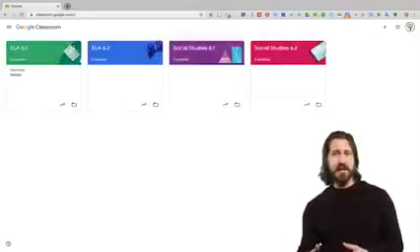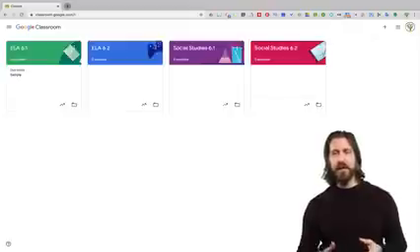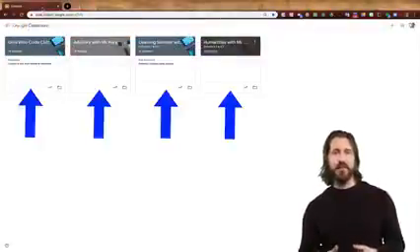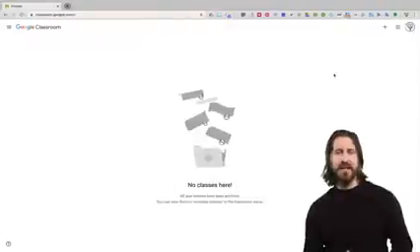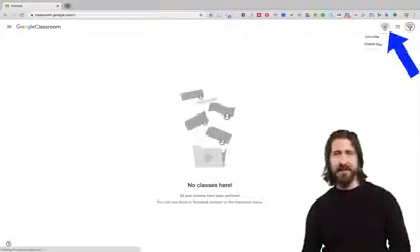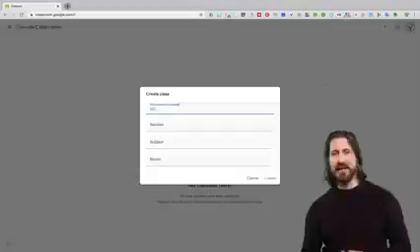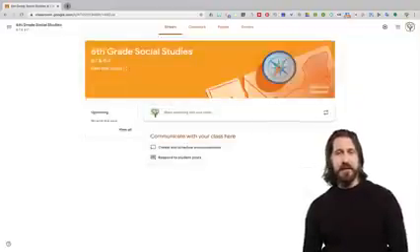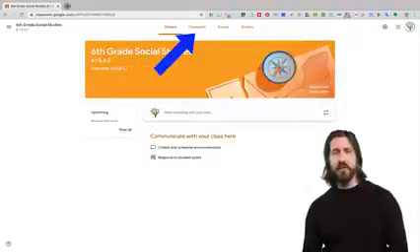Because I teach 3 separate classes and 1 club, you'll notice that on my Google Classroom home screen, I have 4 separate classrooms. In order to add a class, you'll go up to the Add button, click Create a Class, give your class a name, and click Create. You'll notice once you're inside of your Google Classroom that there are 4 tabs at the top: Stream, Classwork, People,